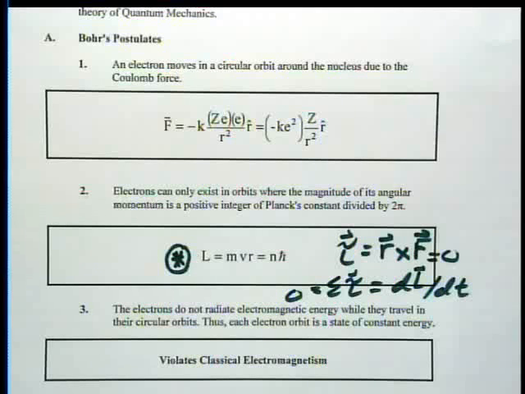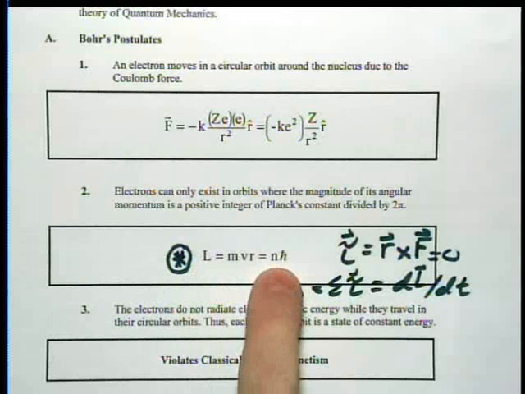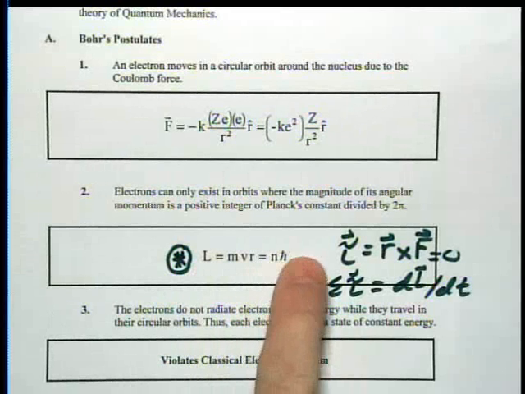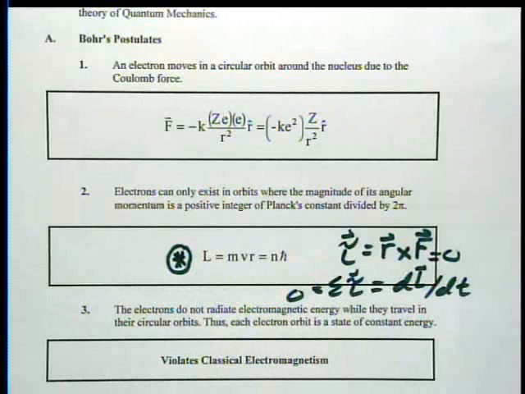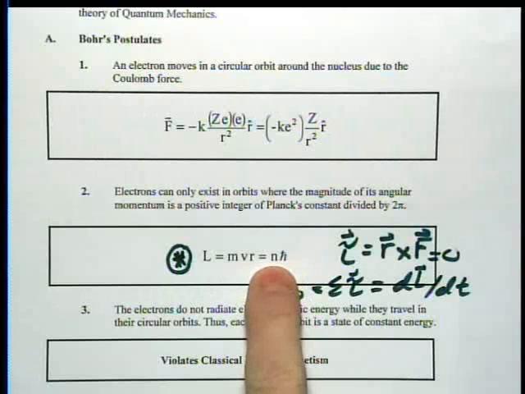Okay? So it makes sense that he would have been looking at angular momentum because he knew it was a constant. The bigger question is, how did he know to make it n h bar? That is n times Planck's constant divided by 2 pi. He had two reasons to do that. One, the units of Planck's constant are the units of an angular momentum. So that's one reason. Second, integers make more sense to try than half integers or something else.